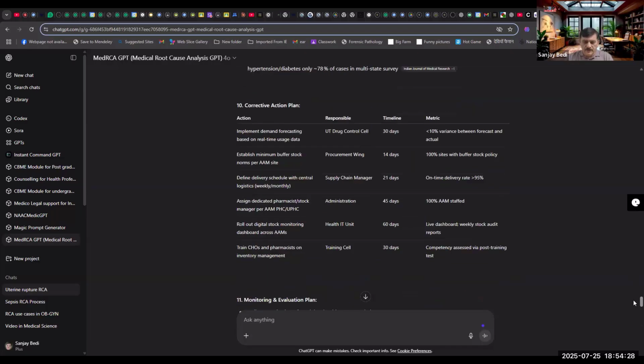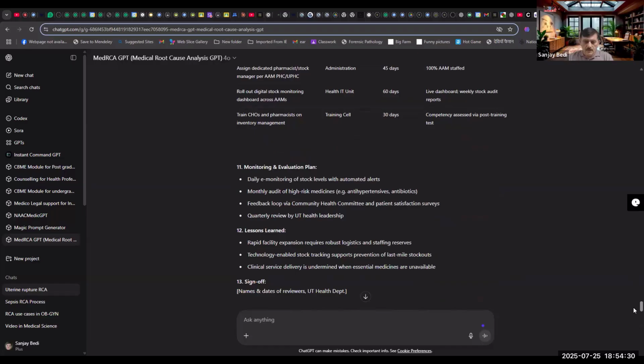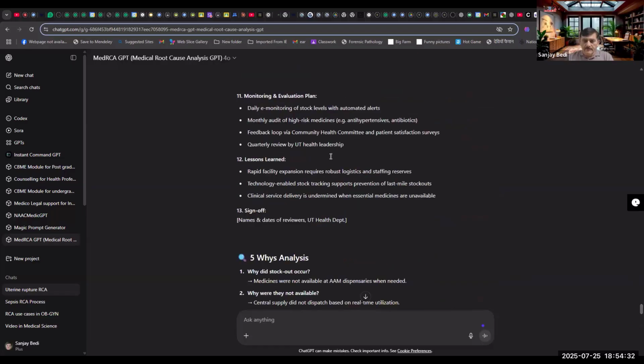And then the corrective actions and the monitoring and evaluation plan: daily monitoring, monthly audit, feedback loop, lessons learned. And then comes the 5 why